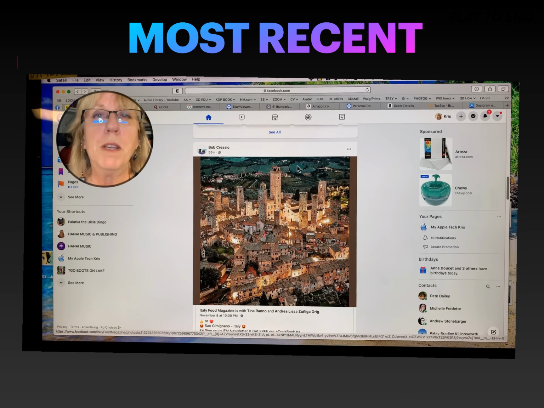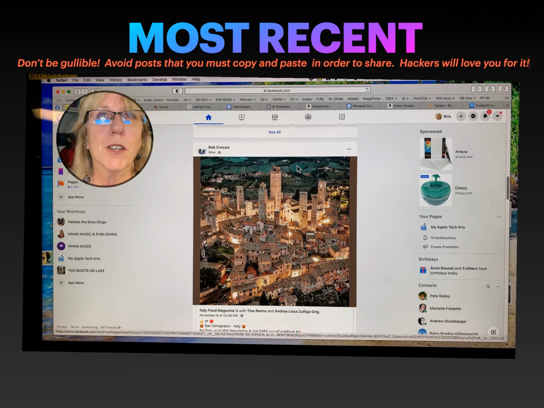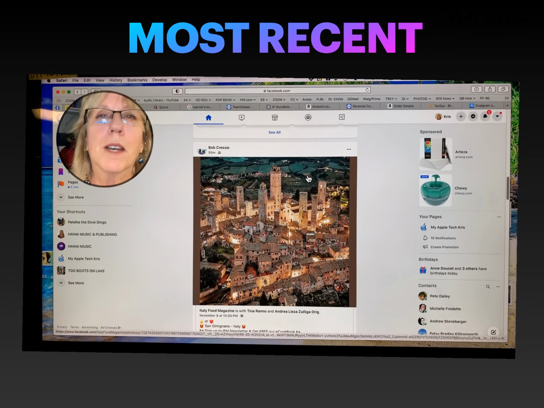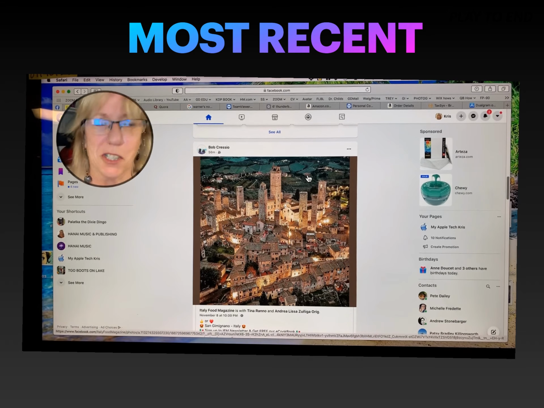Well, those copy and paste things actually are very likely to get you hacked, because what they're doing is trying to find people who are gullible, and to repost something that is not true is a great way to see who might be careless with their information and have an open book, so to speak, for people who don't have a lot of quality genes in them, let's just say.